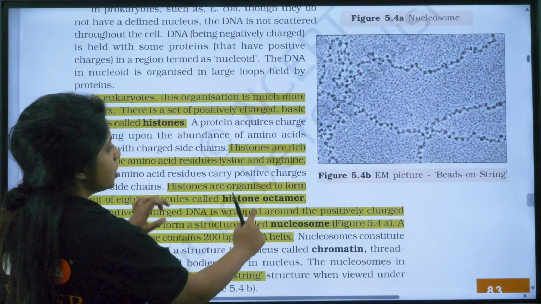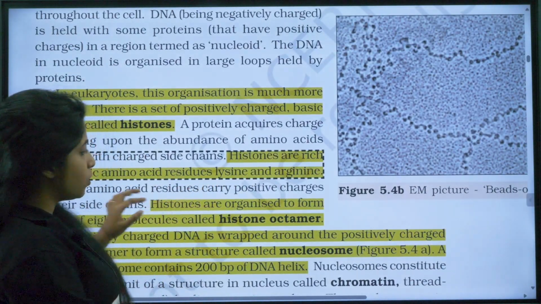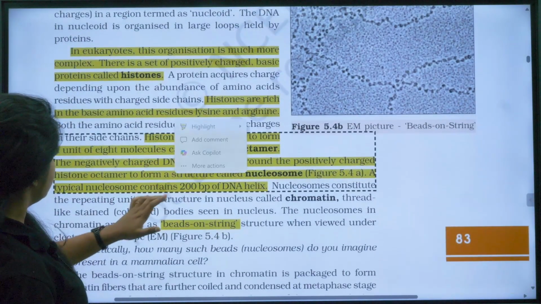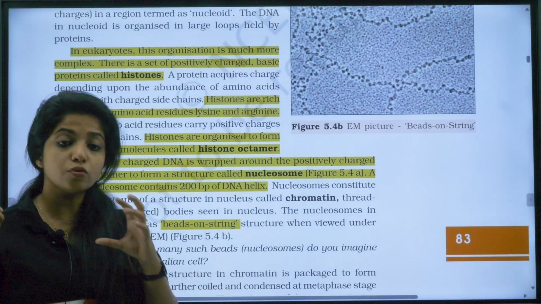It is lysine and arginine, it is mentioned over here. It is lysine and arginine which makes the histone protein, what, children? Positive. Now over here, as I said, the DNA wraps around the histone octamer, okay, and almost 200 base pairs